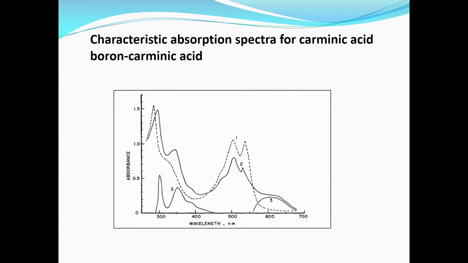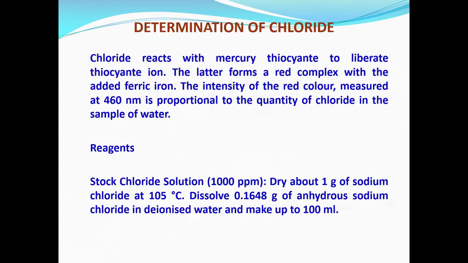So, I had also shown you curves like this, and 586 is somewhere here. So, the difference between the blank and sample is always very high here and reproducible. So, the choice of the wavelength measurement for absorbance is also a slightly complicated matter, but if the peaks are very few, unlike this carmine, you will not have much difficulty in choosing. For example, when we go to chloride, you can see that